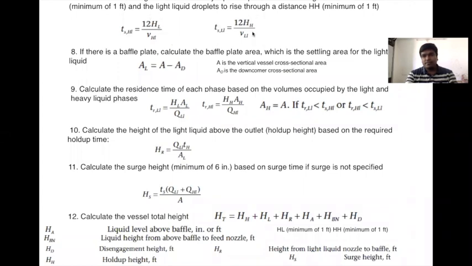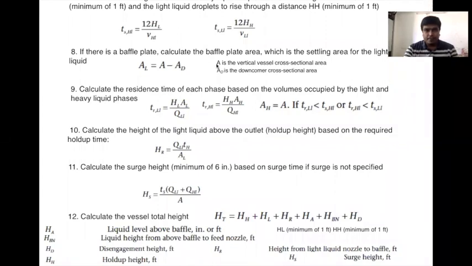Now here one thing you have to note is that this HL and HH is taken to be 1 feet. This is the initial guess which is taken for HL and HH. Finally we'll see that there is a design decision, and if that design decision is not matching, then we have to reiterate the process and go back and see whether we can make some changes in HL and HH. So the initial guess is to just take HL and HH as 1 feet.